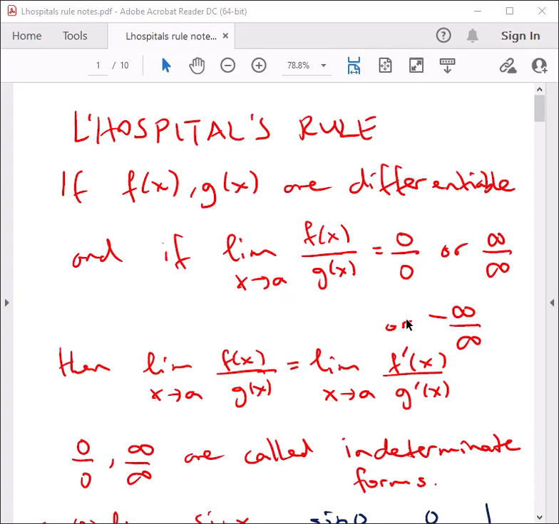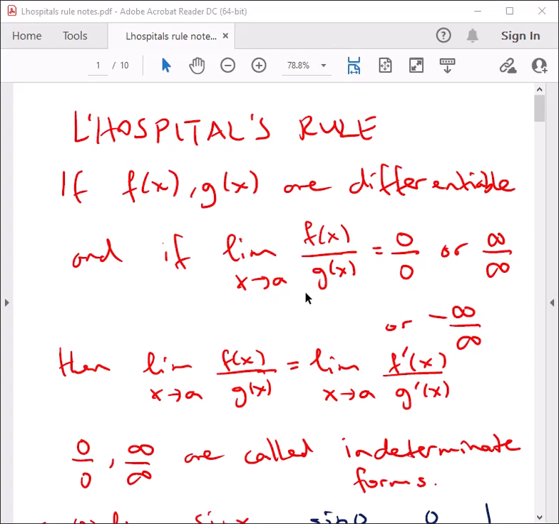Hello, in this video we are going to see L'Hopital's rule, and this is actually a rule which helps us to take the derivatives whenever we have a quotient f over g, and when we take the limit 0 over 0 comes, or infinity over infinity is the result at first, then this rule helps us to take the limit after taking the derivatives. Like, it states that if f and g are two differentiable functions, and if the limit